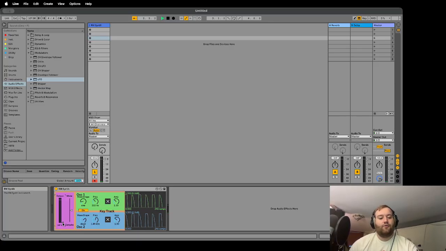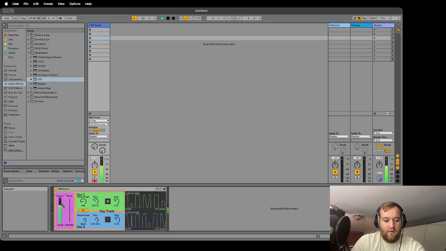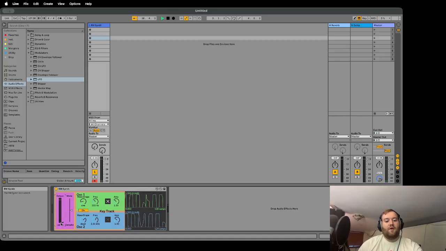Unlike on the actual ring mod, now multiply and divide: either multiply these waves by each other or divide these waves by each other, taking it from FM to some other weird thing that I'm sure someone knows the name for. You can key track just one and control the voltage independently with the knob for the other one. And although it's noisy and drony and weird, I think some people are going to find some fun uses for that little